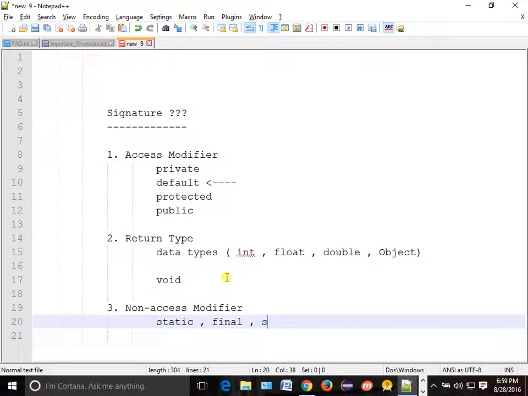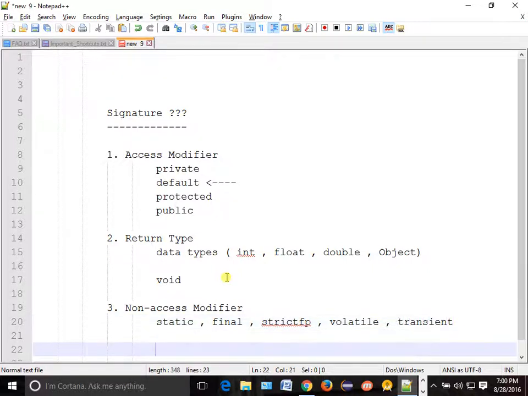Then strictfp is one of them. Volatile is a non-access modifier which we will study while going through. Transient is one of the non-access modifiers we will see. So these are examples of non-access modifiers.